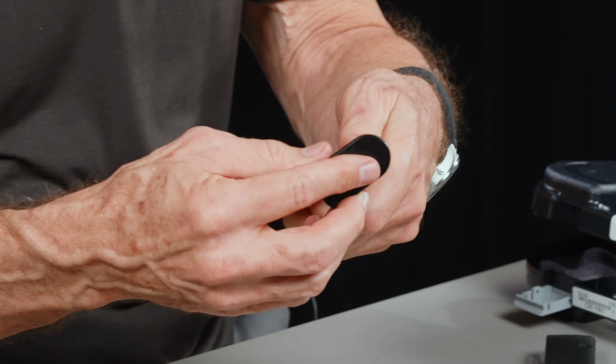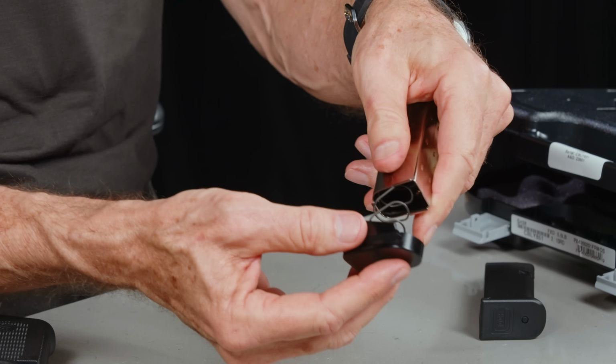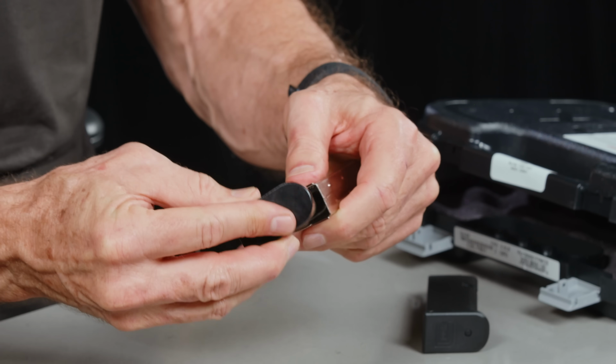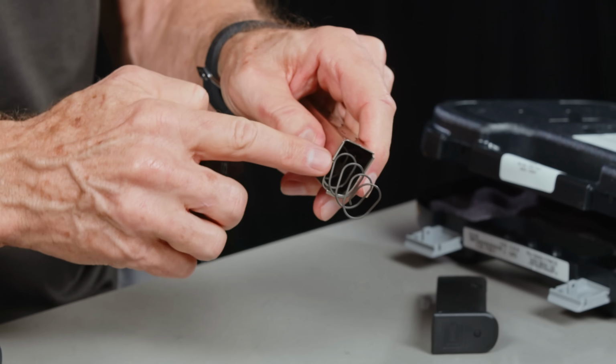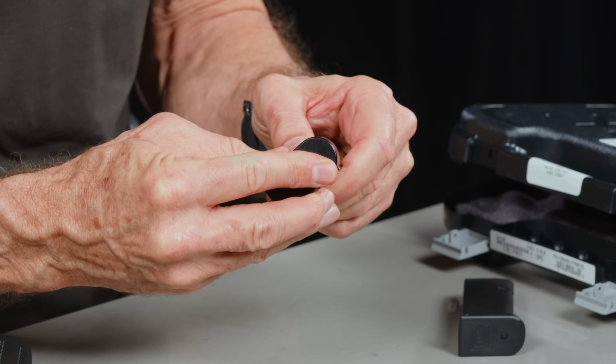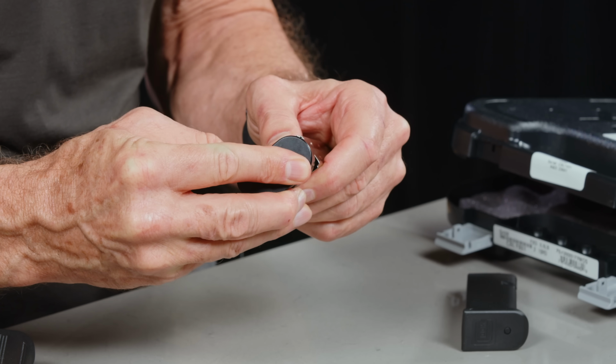Now, I'll capture the spring here like so, okay? I'm going to just push it straight down. Now I'm going to pull back a little bit, okay? I'm going to just bend the spring a little bit back, and then I'm going to capture it on these rails. So it kind of goes like this. Come all the way down, pull back,